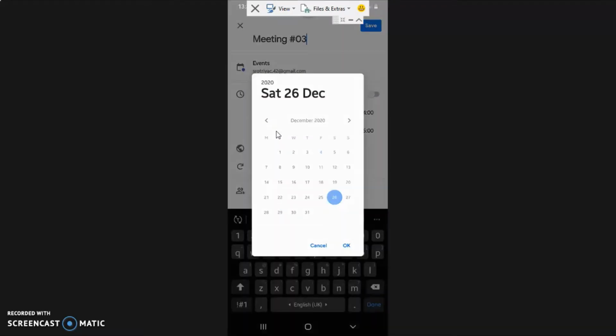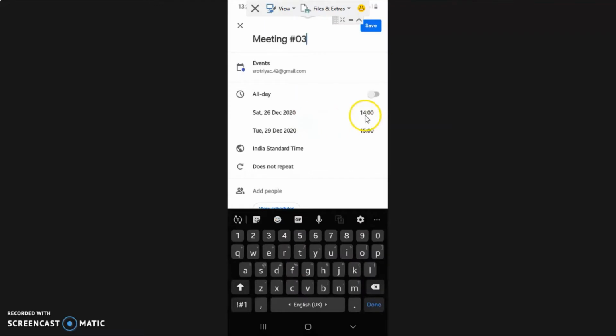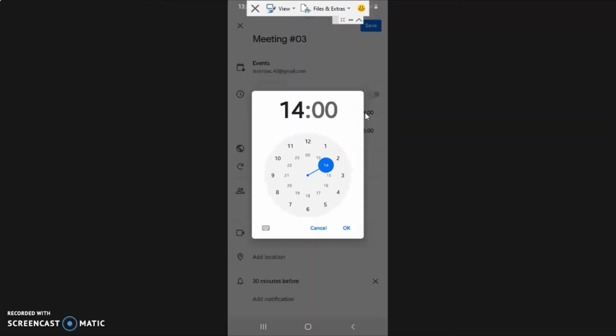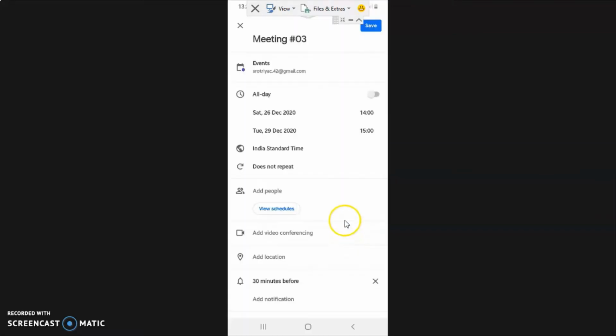You can click on a date to change it, and you can also click on a particular time to change the time. Here you see the outer circle is from 1 at night to 12 in the afternoon, and the inner circle is from 1 p.m. to 12 in the midnight. So you can choose any particular time here. You can also change the minutes hand.